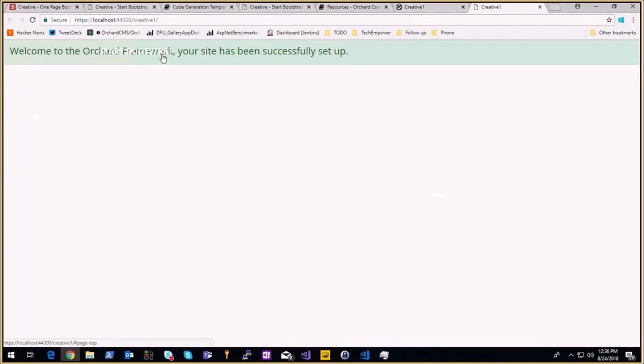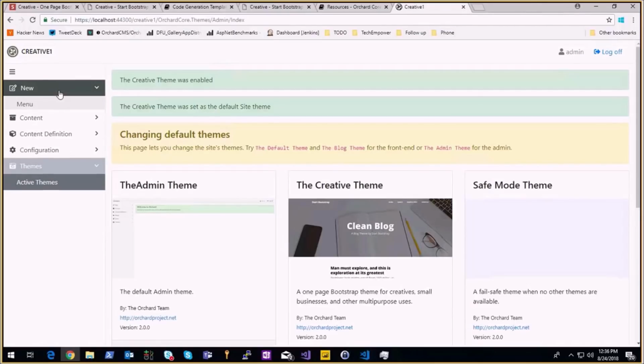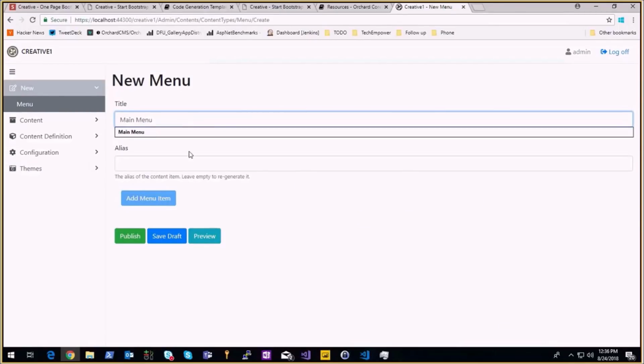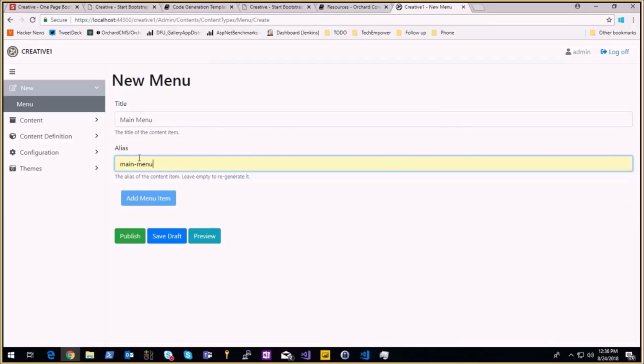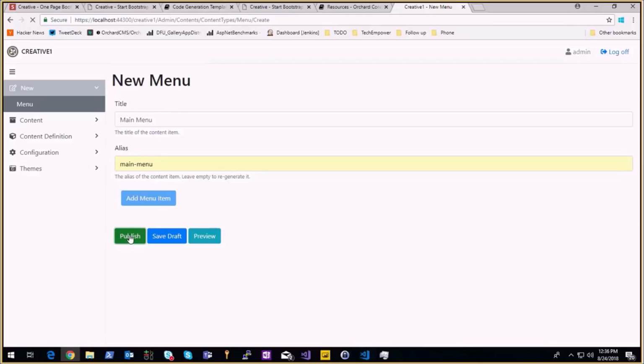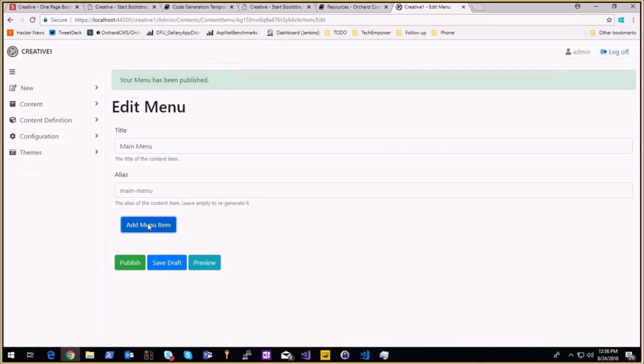The theme shows Start Bootstrap, but the content is greenish. No, there is no home page. This is what the home page is. So I will just create a new menu just to see if the menu appears, and I will call it main menu. And the alias, I will use that. Remember, this is what I use in my layout to load this menu. So I will publish,